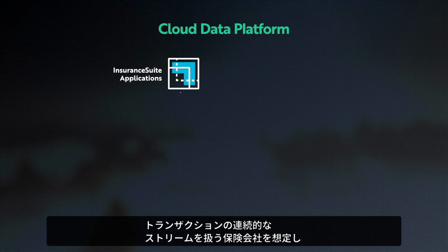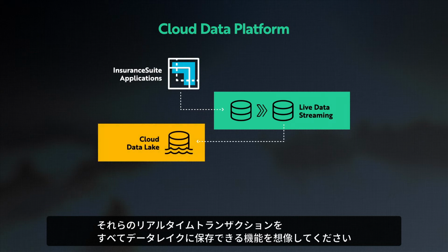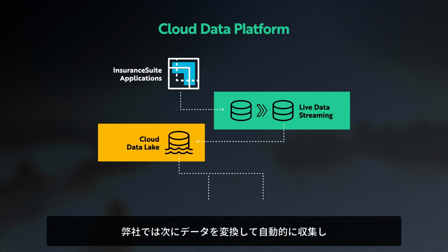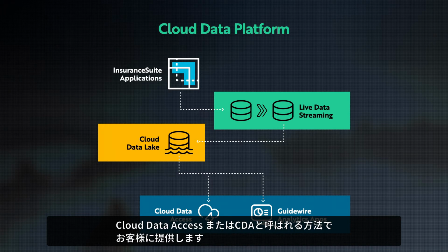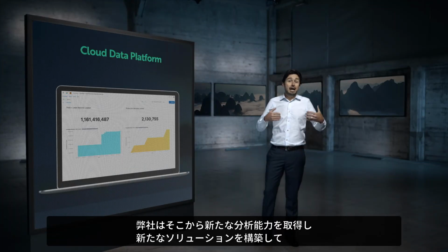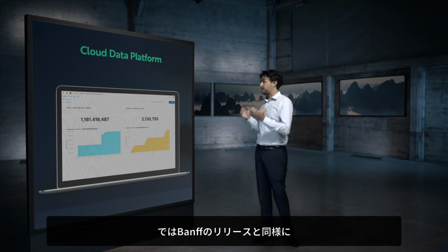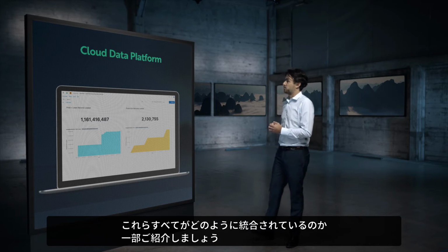Imagine a carrier with a continuous stream of transactions, and imagine the capability to store all those transactions live into the data lake. From there, we transform and auto-curate the data, and we offer it back to the customer through what we call CDA, or Cloud Data Access. From there, we now have an extra opportunity to build new analytical capability and new solutions on top of that. But let me give you a sneak peek of how all that comes together as well as part of the